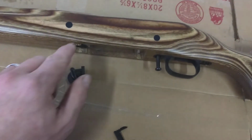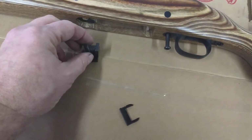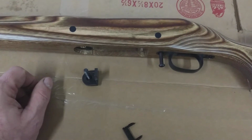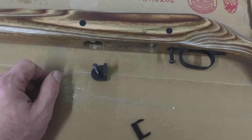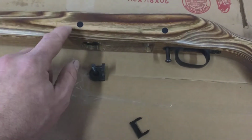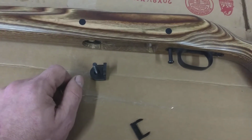So anyway, if you want to set that up and get yours prototyped and get a mag catch put in, send me a comment either on the video or find one of my eBay listings and send me a message through there, or go to the website and just send me an email through that as well. So get at me and we'll see if we can get something going on that if you guys are interested. I've had a few comments, not as much as this, but a few comments on that model. So anyway, guys,